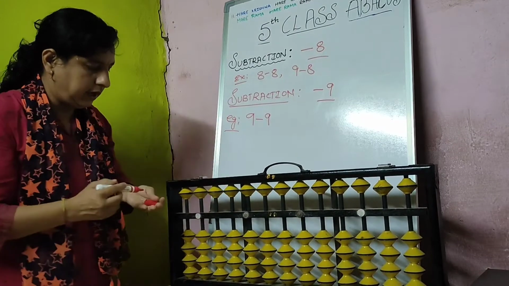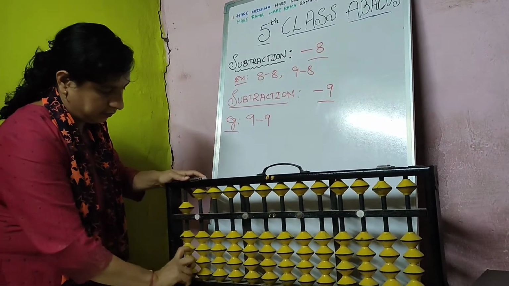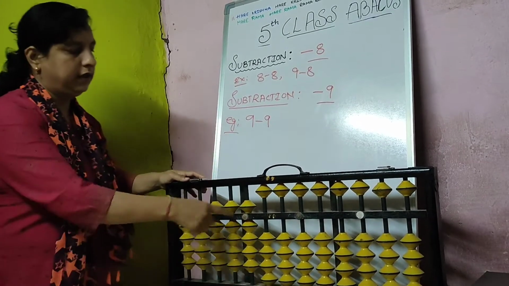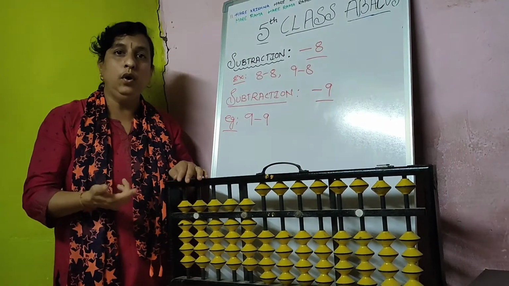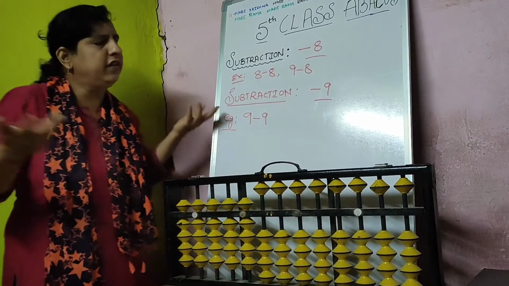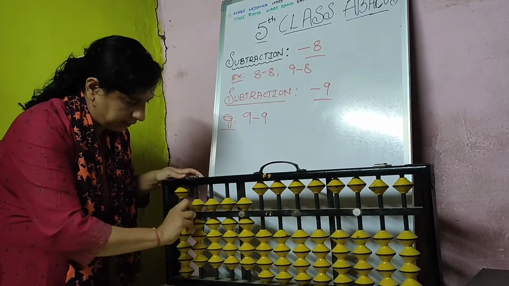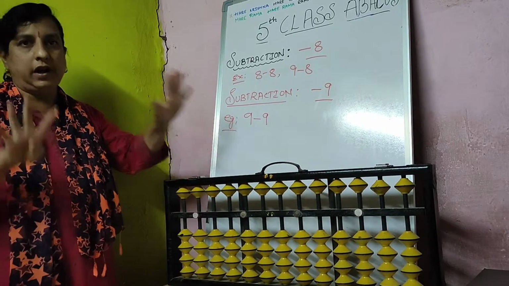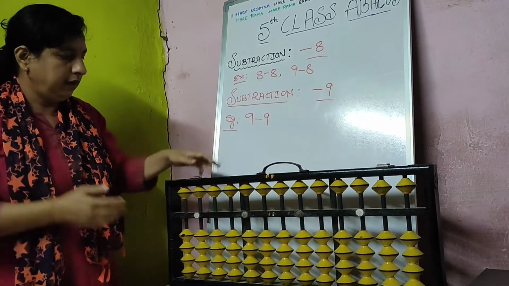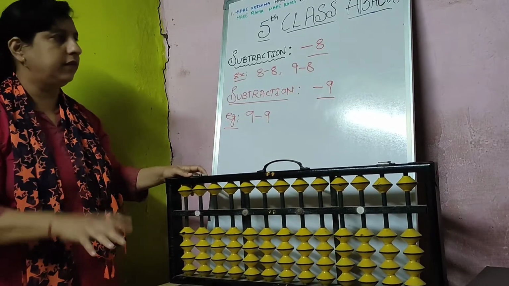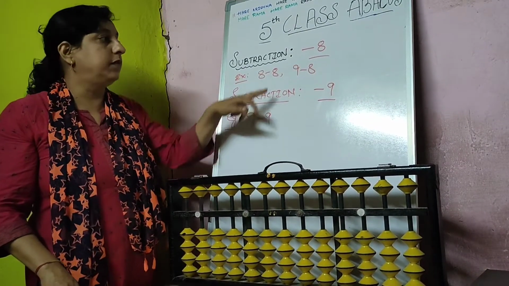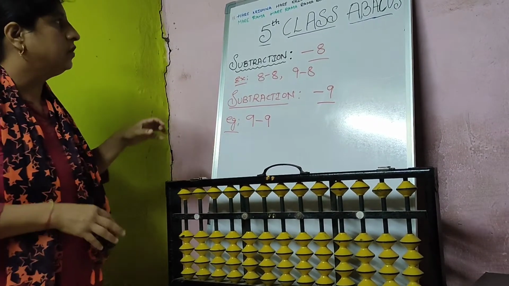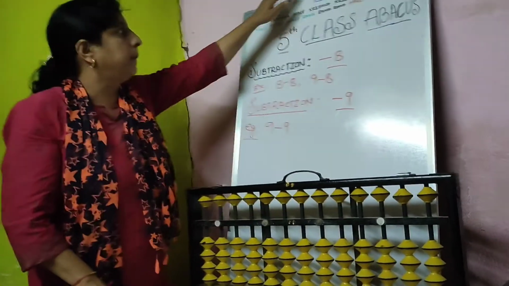So 9. So 9 how to do? 1 upper bit, 1 lower bit. This is 9. Minus 9. Minus 9 means how to do? All the bits you have to separate. So easy, so simple. Minus 9. I have got 9 chocolates. I will eat all the chocolates. And then the answer will be 0. I don't have any chocolates. This you have to practice 10 times. Otherwise, at least 5 times you have to practice. So, I will give some sums on this. Okay.